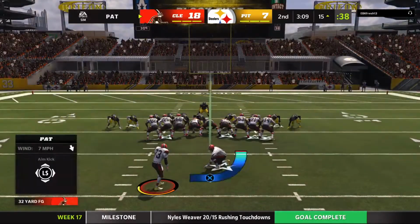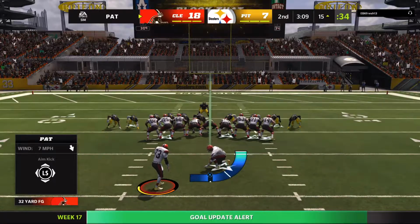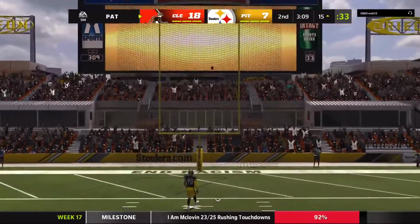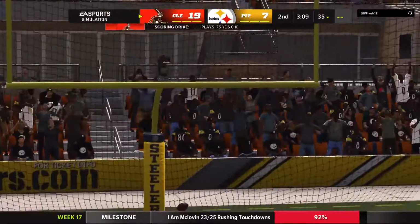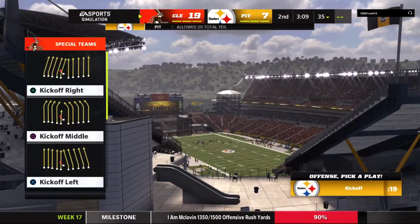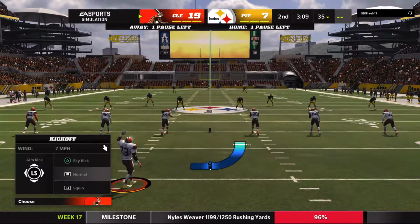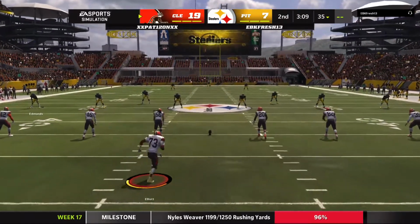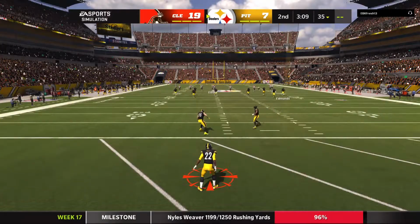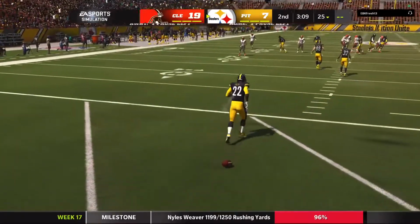Elliott on for the extra point. And this one gives his guys a 12-point lead. Makes the score Browns 19, Steelers 7. Now after the touchdown, here's Elliott on to kick it away. The return man